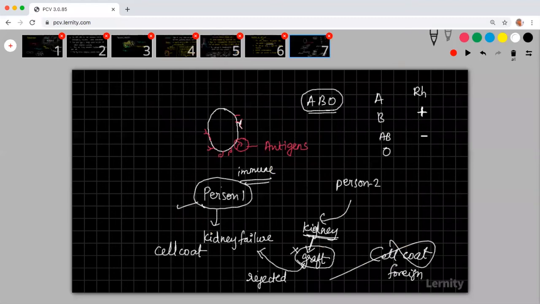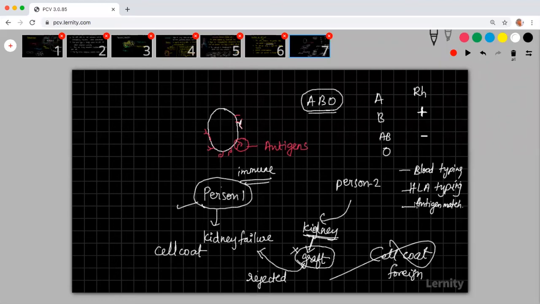Any transplant, even blood transfusion, requires lots of criteria. Human leukocyte antigen typing will be done. Blood group typing will be done. Antigen matching will be done. So all these tests have to be done. Only if it is going to fit in properly will they go ahead. Even in that case, there is a chance of rejection. It has to be a 100% match. Only then there is no problem.